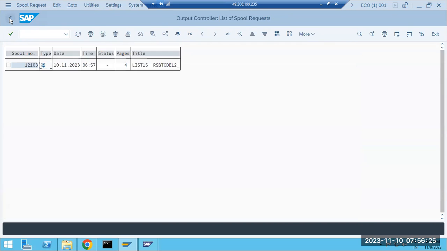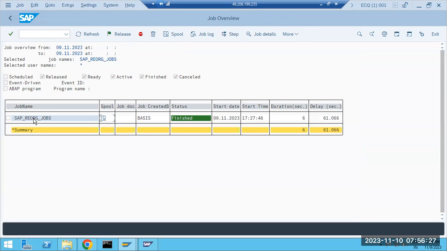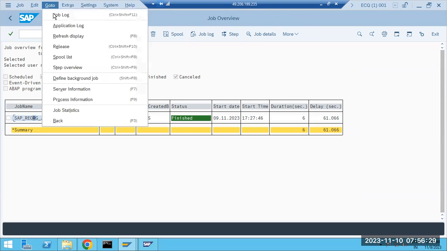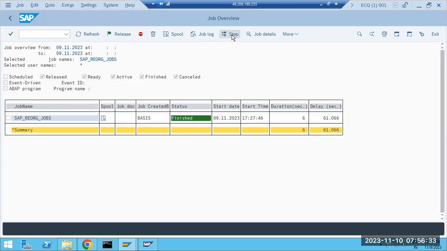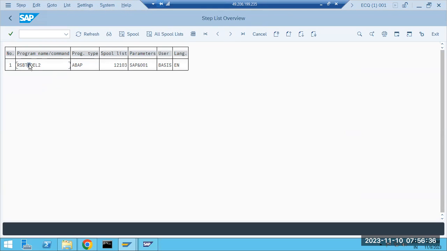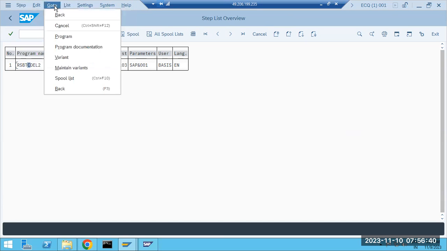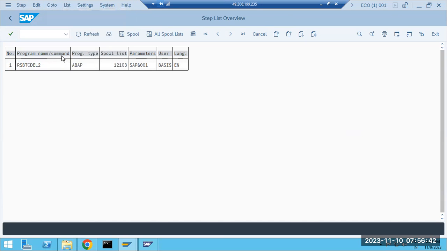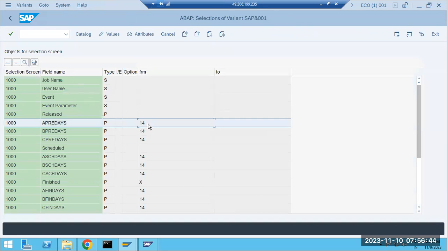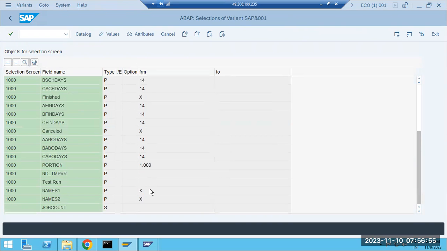But what program criteria is it deleting with? If we go to job steps here, this is the job BTC del 2. By default it is 14 days; 14 days data is getting deleted. Which means the job logs older than 14 days are not available here by default.